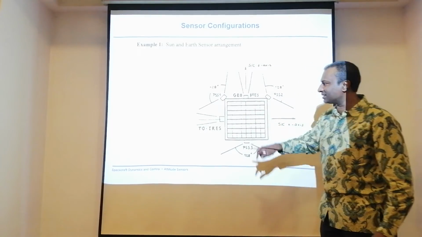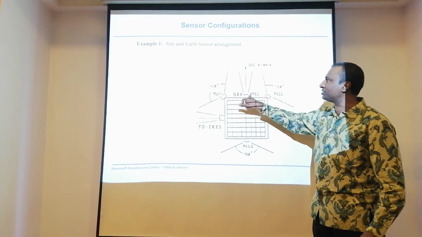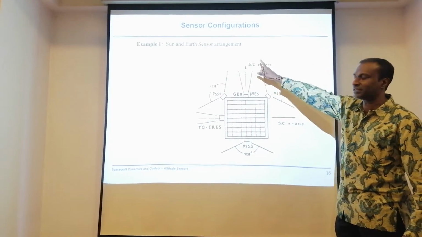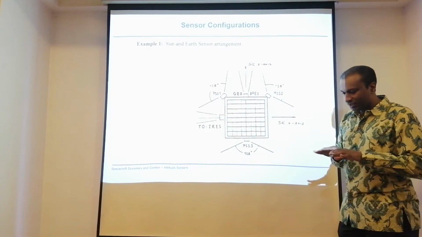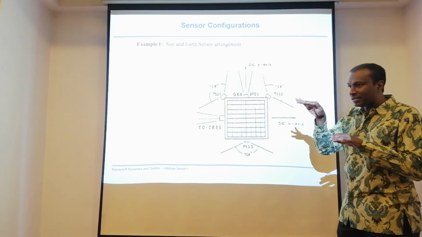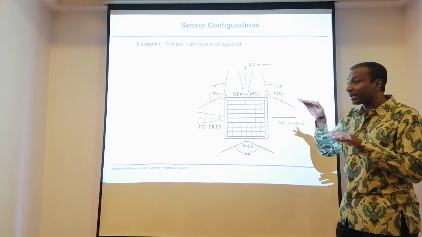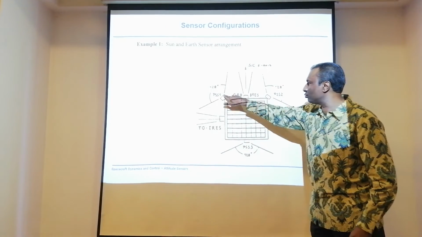So during the sun phase, this is not going to work because this is going to face the planet Earth. Only this is going to work. So when you just come out of the eclipse, you can already start facing the sun. You can see the sun actually. So these 2 are going to work.